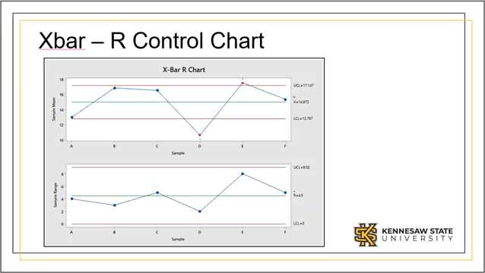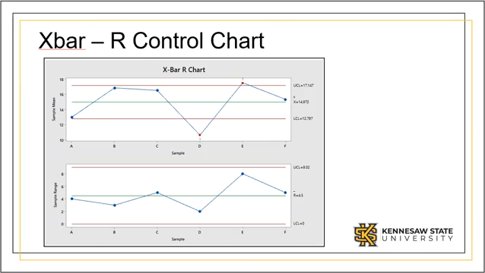Using technology, we can create the XBar and R charts. The green lines represent the grand average and average range. The red lines are the upper and lower control limits. These values are found through a series of anti-biasing constants based on the subgroup size and the type of control